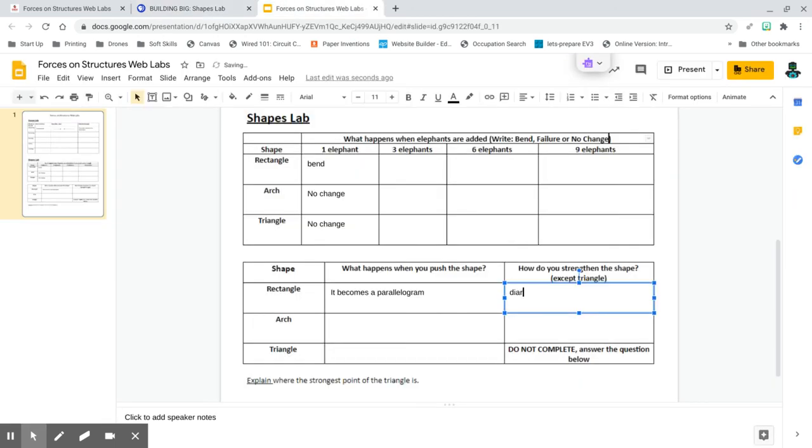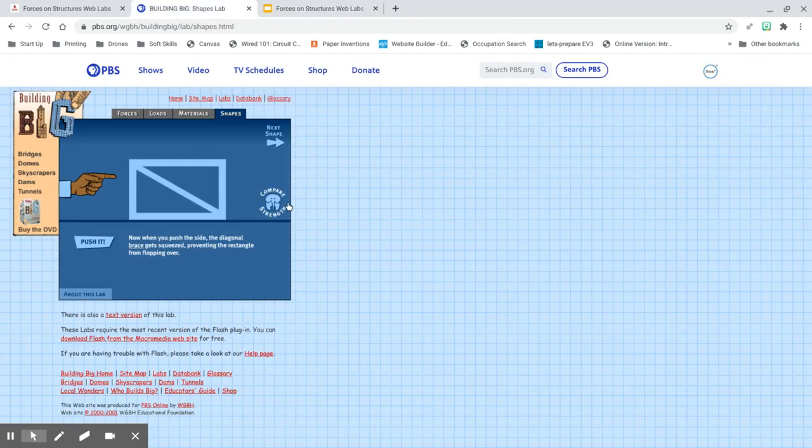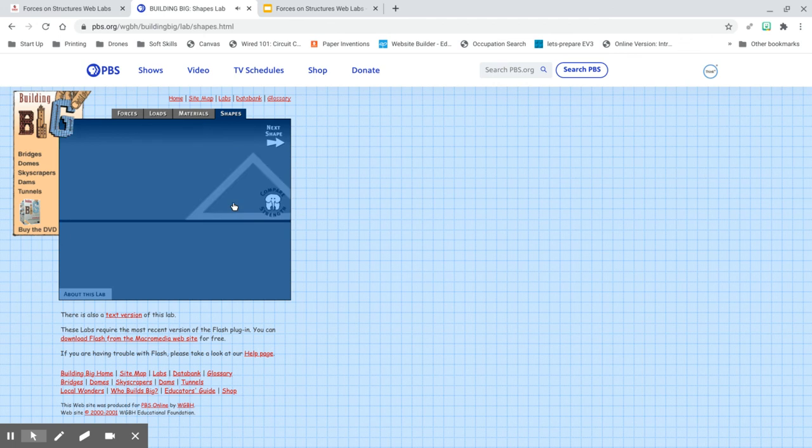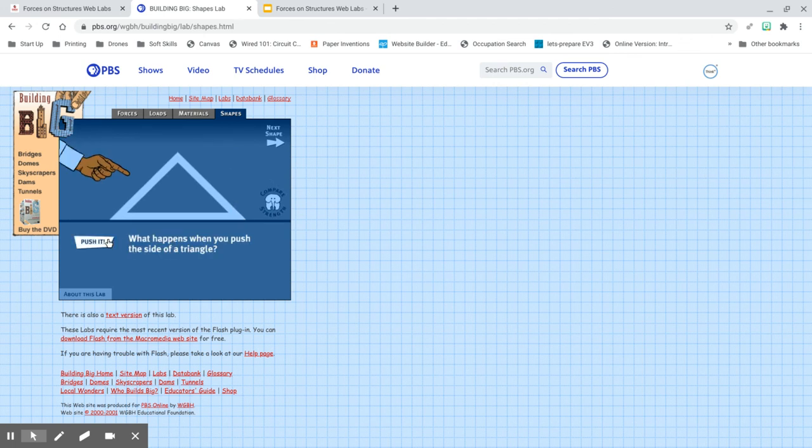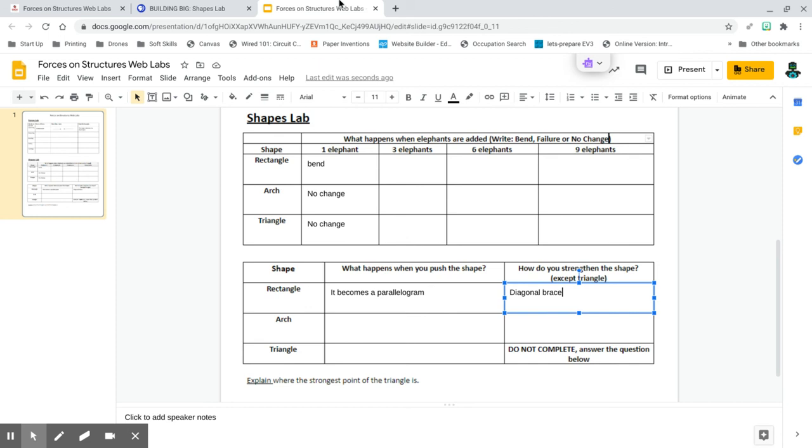So you'll say diagonal brace. Okay, so you need to do this for arch also. And then you need to do what happens when you push the triangle shape. Now, this right here, you don't even get the option to strengthen it. So let's go back to compare shapes. Click on triangle, push it, boing, boing. And then it says try the strongest point. So when you click there, it tells you where the strongest point of your triangle is. So down here, right there, double click, and you need to say the strongest point of the triangle is,